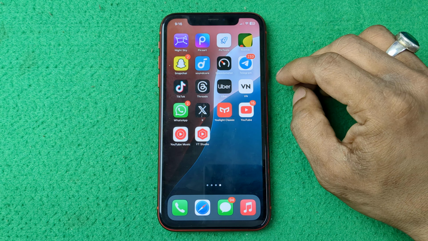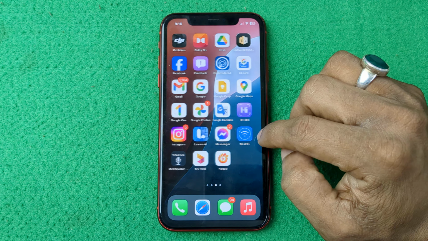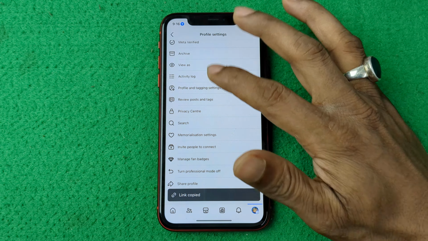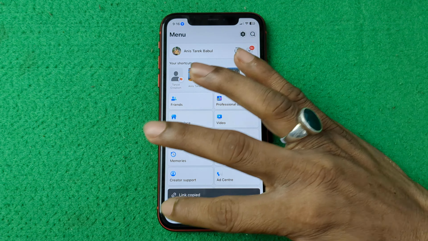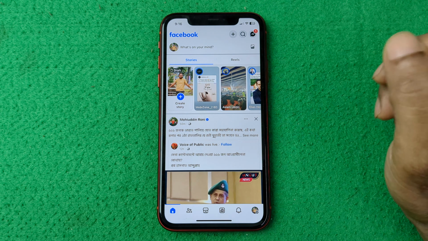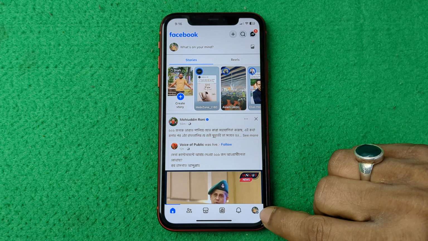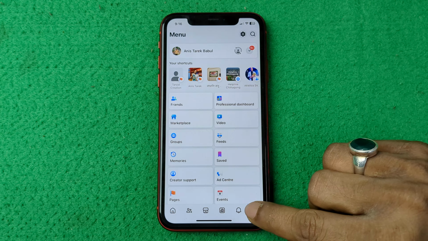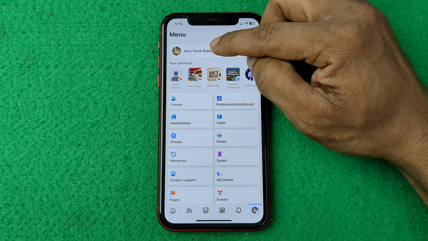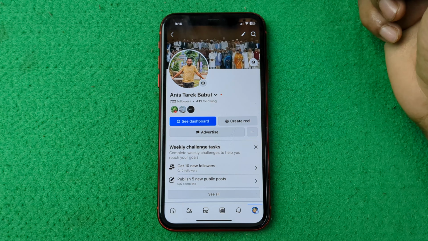So let's show you from beginning. First of all, open Facebook apps on your iPhone or Android. Then here is home page. After that, tap on profile icon in this bottom right corner and then tap on your profile name, and here